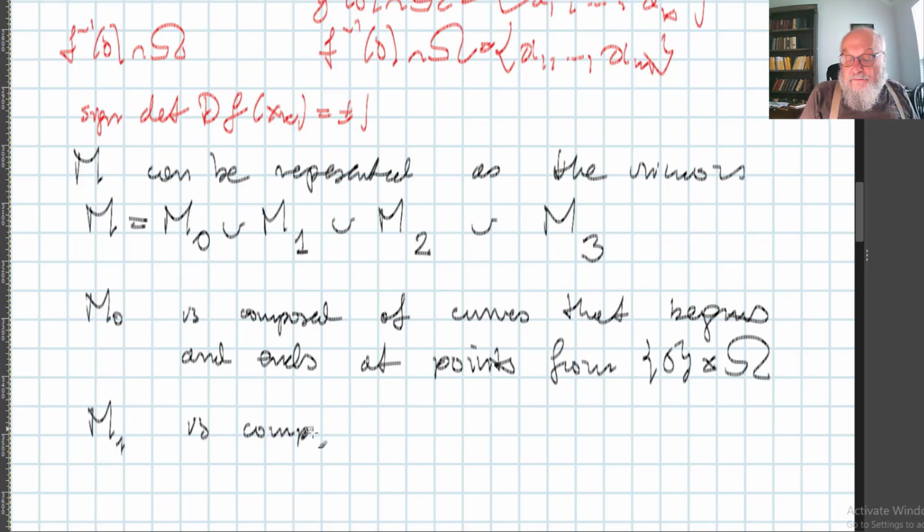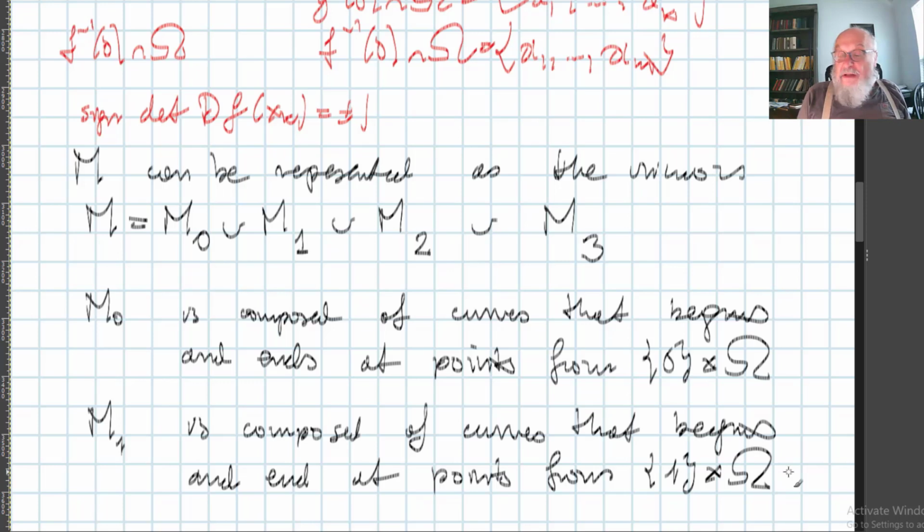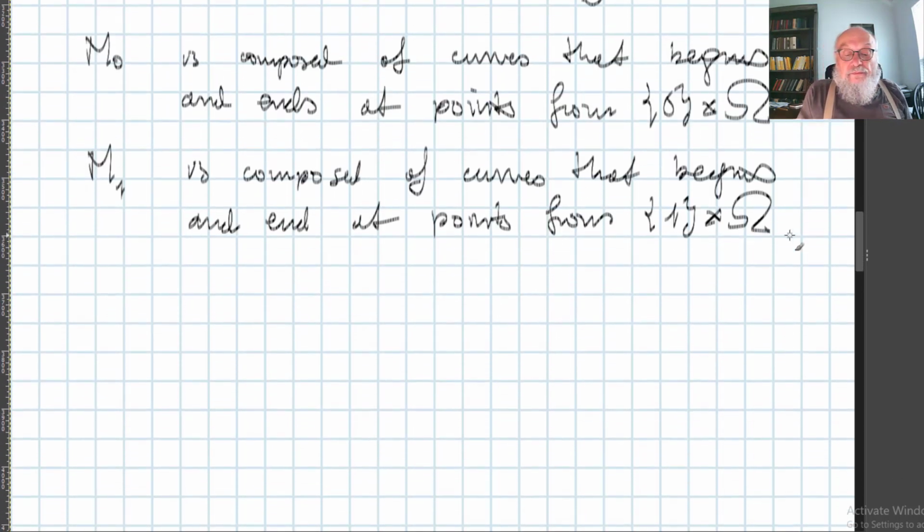M1 is composed of curves that begin and end, and it actually doesn't matter which direction, and end at points from 1 times omega. So now,